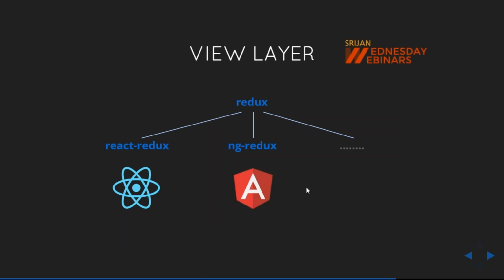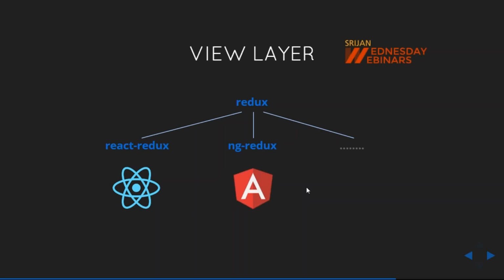Yeah, that is actually a good question. So Flux and Redux both are doing the same thing. Flux is also managing the state of your application. Redux is also managing the state of your application. But the only difference is Flux is doing it in a different way. Flux has this isolated layer. Dispatcher is also there. So in Flux you have the action, then you have the dispatcher. So first of all, there is a difference at the architecture level. You have the dispatcher.